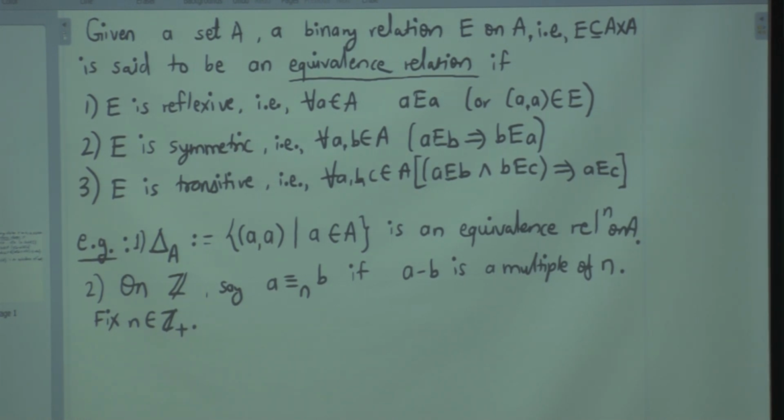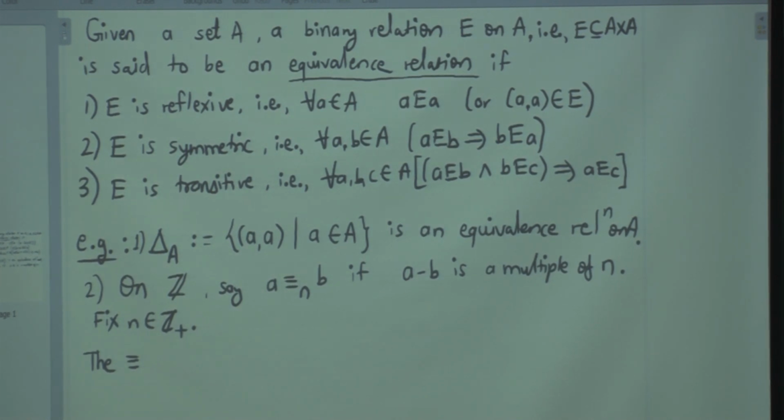So A minus B is a multiple of n. Is this reflexive? Yes, A minus A is 0, and 0 is a multiple of n. Is it symmetric? Is it transitive? Yes, so this is an equivalence relation. The equivalence classes are called the modular classes, right? So the equivalence classes,